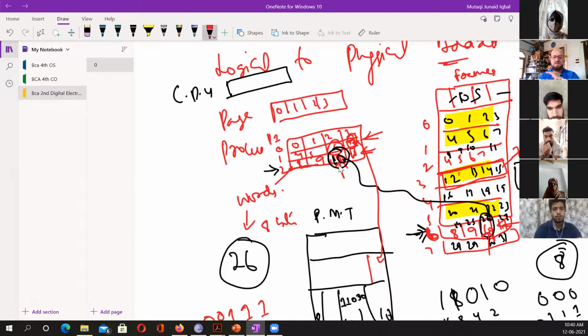So Kazim is at 10th location, and I have loaded that in a RAM here because I have to load whole line in a RAM. और मैंने इस जो ये सेकंड पेज इस प्रोसेस BCA प्रोसेस का था, मैंने ये पेज फ्रेम नंबर 6 पे लोड किया। ठीक है ना, ये लाइन उठाई मैंने और फ्रेम नंबर 6 पे डाल दी। सो उसके साथ साथ यानी कि 8, 9, 10 और 11 वो इस फ्रेम नंबर 6 पे होंगे। 8, 9, 10 और 11 फ्रेम नंबर 6 पे है।